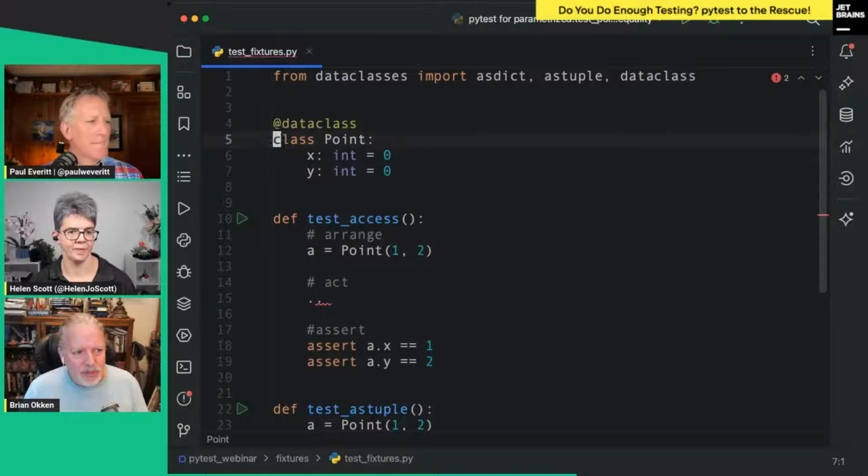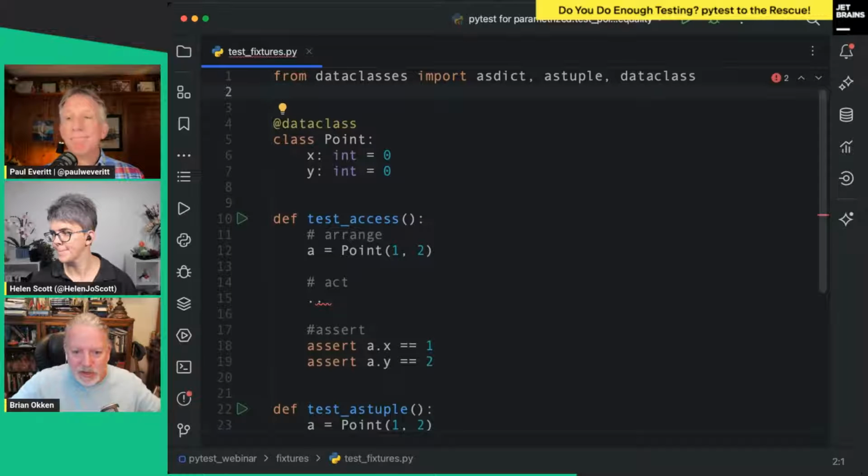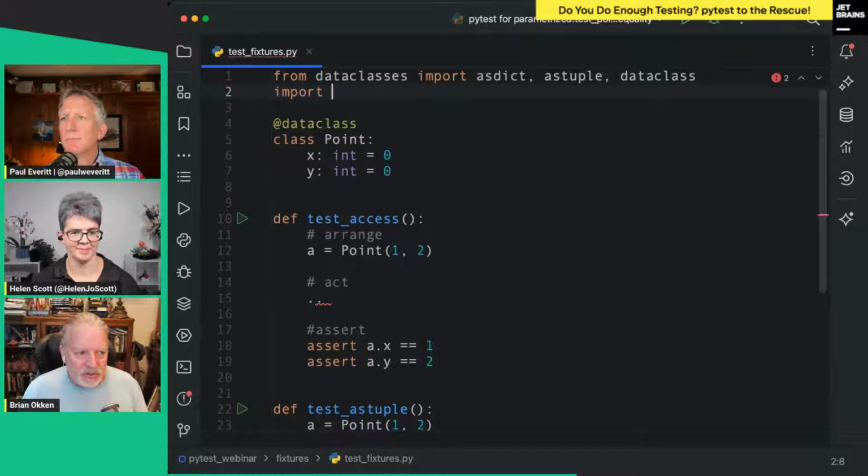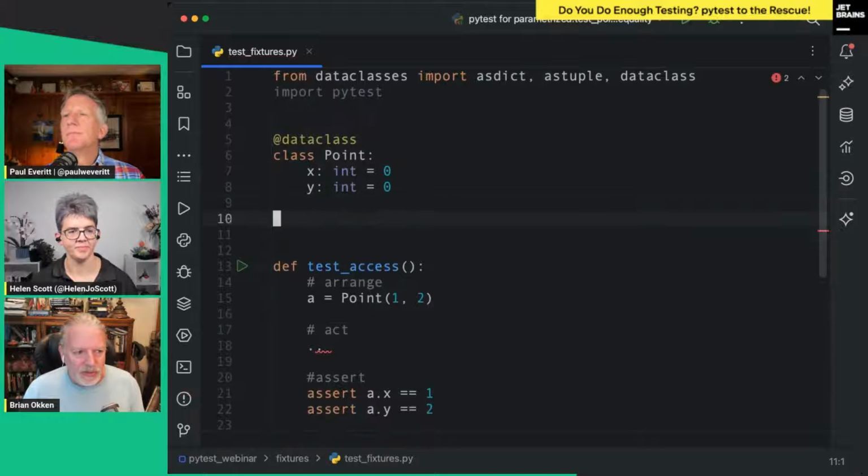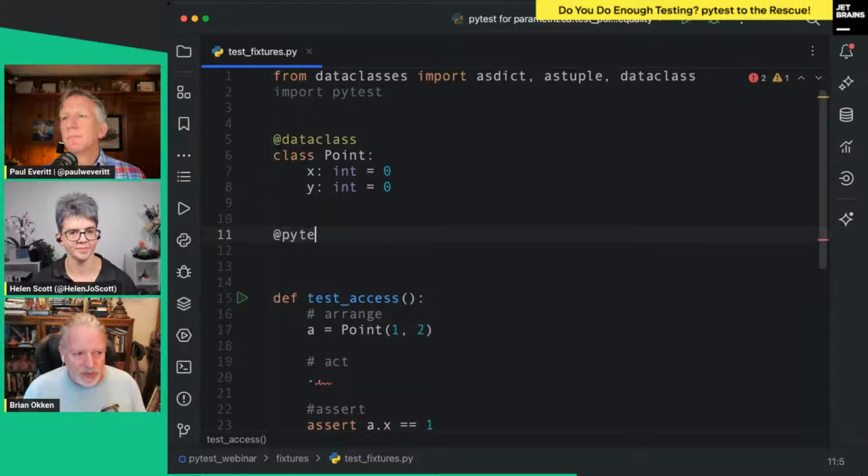So the way we do fixtures, and fixtures seem stressful, right? Like it's a new thing. It's not. It's just a function. We'll just import pytest, and then we create a fixture by saying pytest.fixture, and that's it.